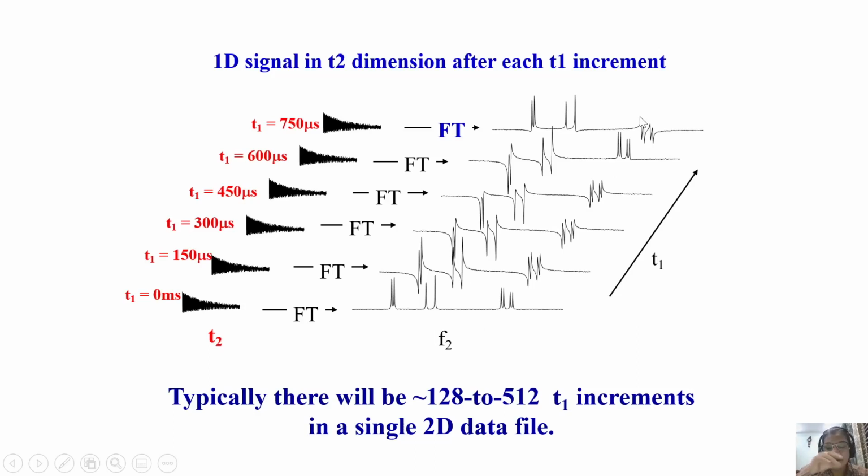Why? Because when there is a delay in sending the pulse and starting to collect the data, there is always a phase delay. So there will be a phase distortion, but in this case the phase is uniformly changing because we are uniformly changing this. Look at this one. This is the signal intensity. It's positive like this, the phase goes like this, and finally it goes. So you can typically have 100 to 125 to 520 points or even 1k data points depending upon the size of your memory and the information content you want. Depending upon what type of information you want, you can have that many T1 increment points.